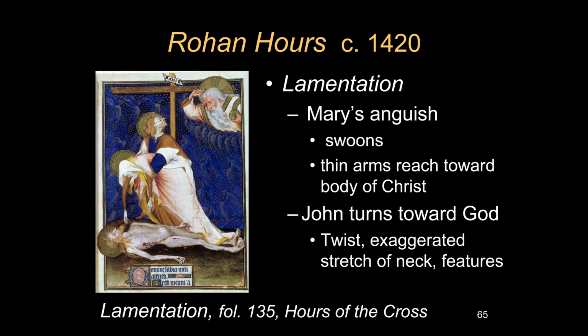Mary and John. And John, this would be John the evangelist, John the disciple, is holding Mary, who seems to have just completely swooned, but unlike many other works where she swoons backwards, she's just fallen forward. And her arms, and they're very, very thin, sort of are dangling down as though they were reaching out toward her son lying on the ground. And then this very angular twisting of the head, John twists up, and God the Father is looking down from heaven. And so John is looking up toward God.